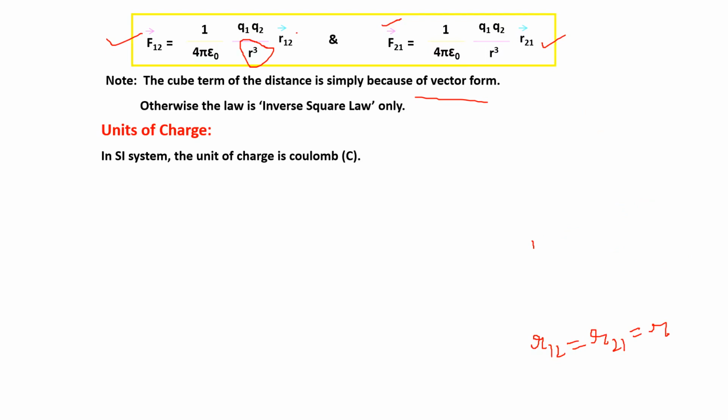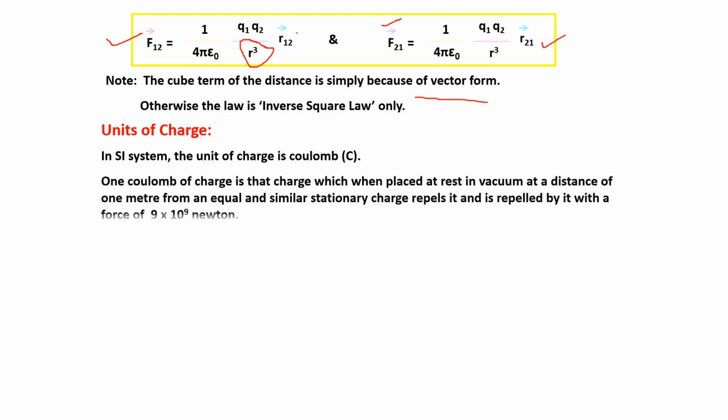So 1 coulomb is that charge which, when placed at rest in vacuum at a distance of 1 meter from an equal and similar stationary charge, repels and is repelled by it with a force of 9 into 10 raised to power 9 newton. So this definition comes from this formula: F is equal to 9 into 10 raised to power 9